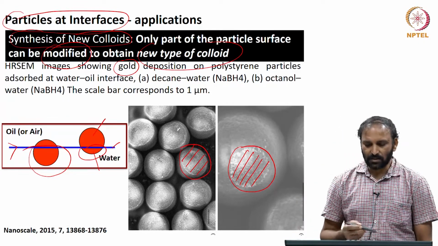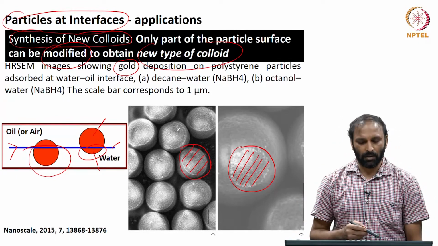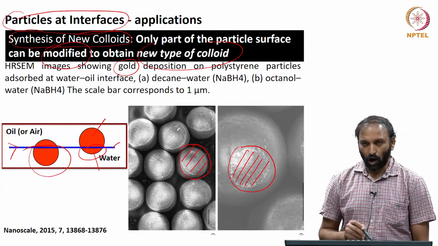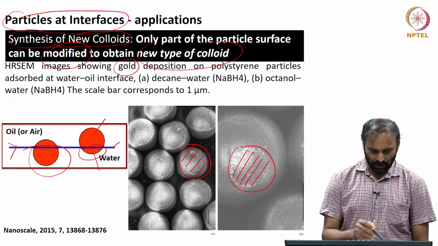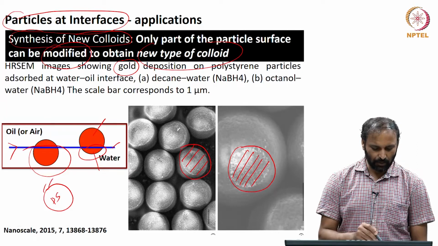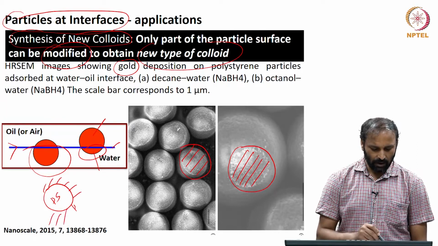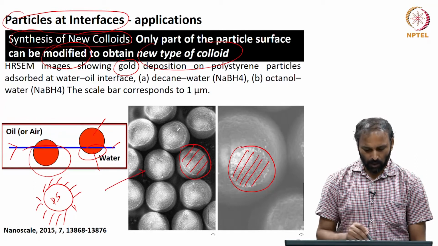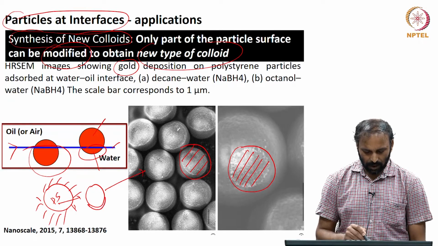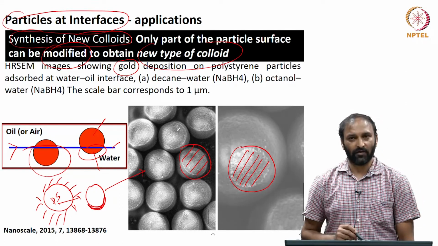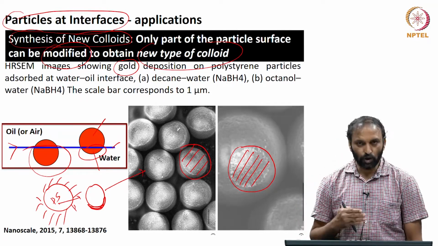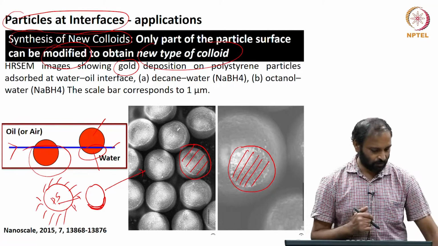This brings about a novel way of making colloids which are not isotropic. If I take a parent particle, for example polystyrene, its surface chemistry would be the same everywhere. However, if you do this treatment, you have exactly a similar particle, but part of the particle is now coated with gold. Therefore, this is a nice way of making new types of colloidal particles,